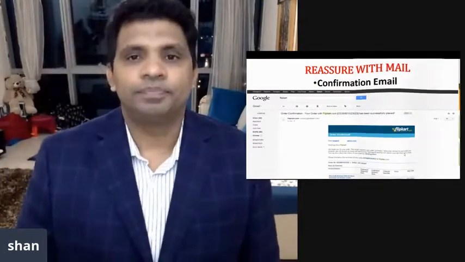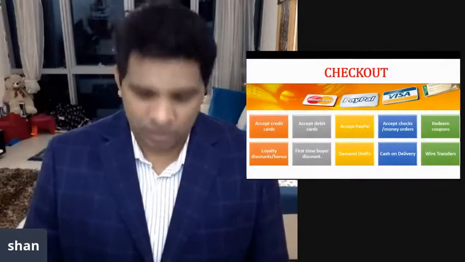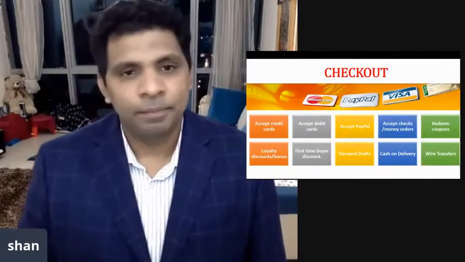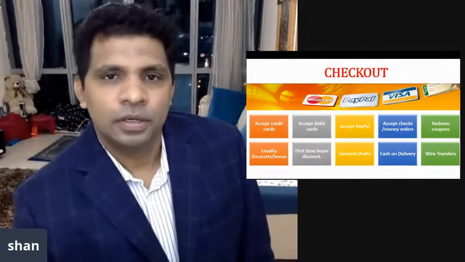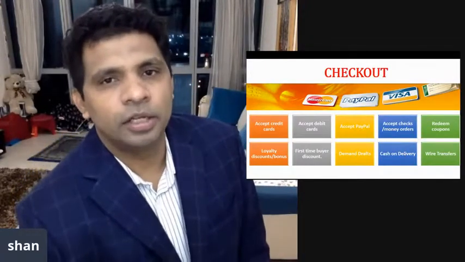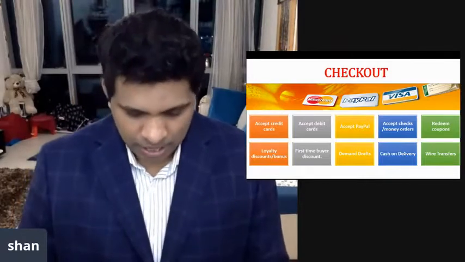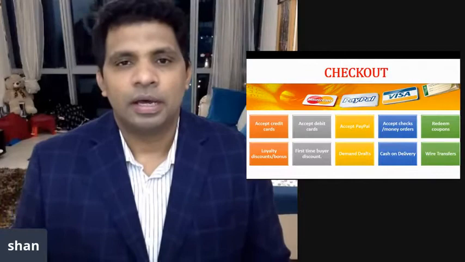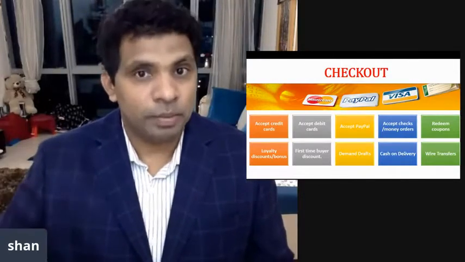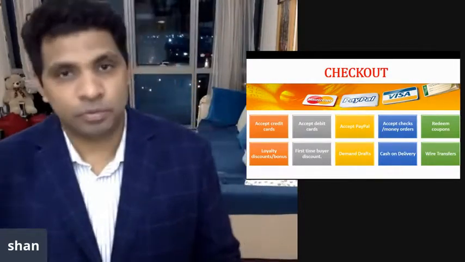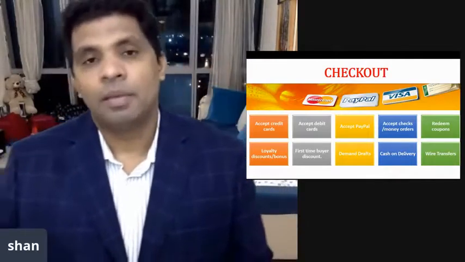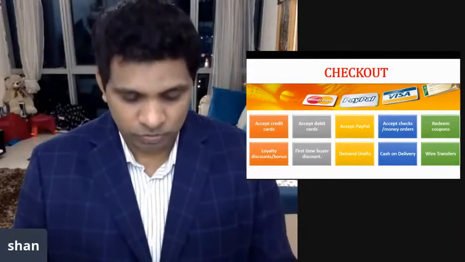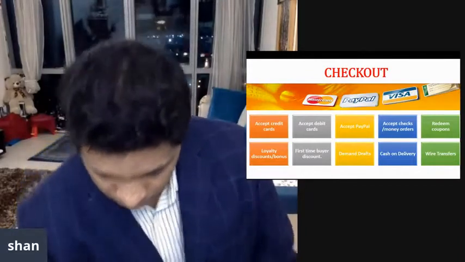Now another one is checkout. While checking out, you know that people expect the payment portion, and they also expect various methods of payment to be made, like bank transfer, maybe crypto payments, maybe cash on delivery, maybe vouchers or coupons. All these things are part of this. So it's very, very important for you to have this information.